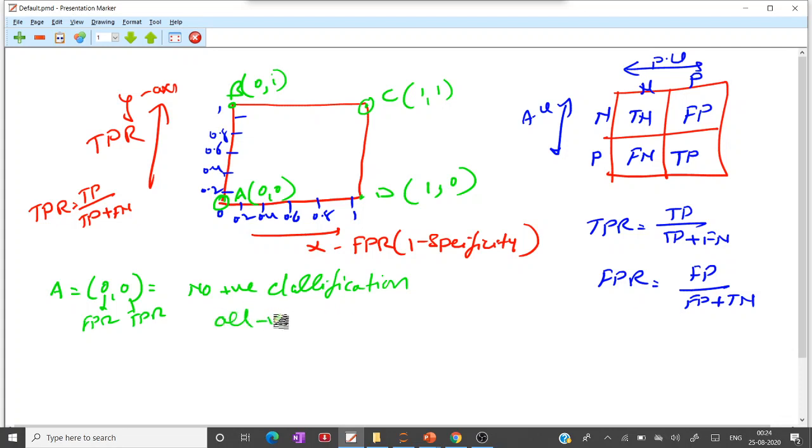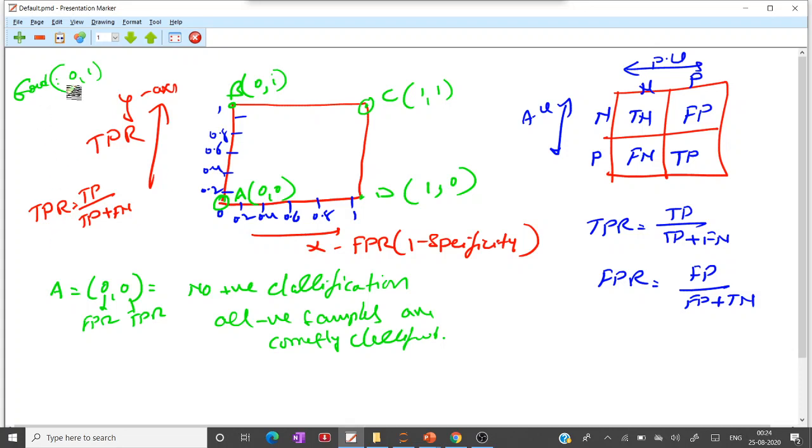All negative samples are correctly classified. Why? Because here FPR is 0, TPR is 0. So both are 0. But a good model means 0, 1.